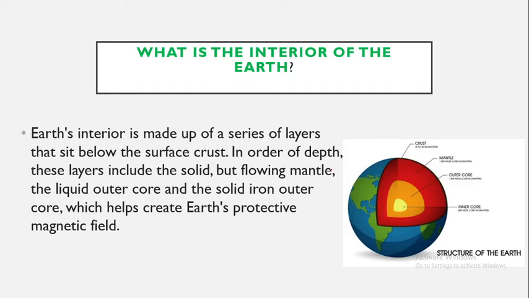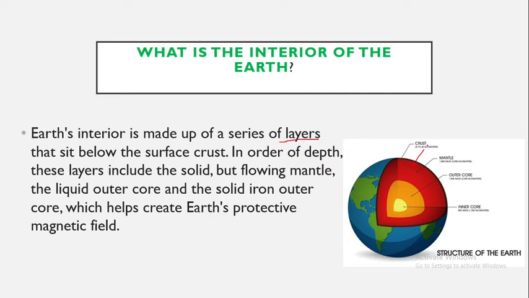Now, simply looking at the image, you can see it is just like an egg. Isn't it? For an egg we can see there is a white part and there is a yolk part also. Like that, the interior structure of Earth is also divided into areas, depending upon various constituents and the seismic waves which pass through all these layers. It's very important.